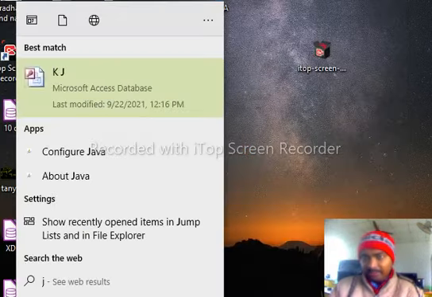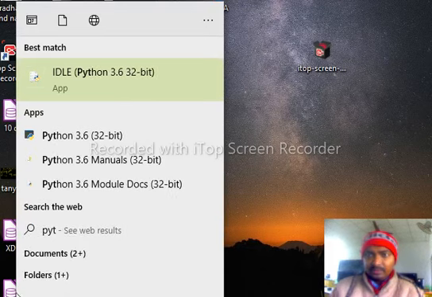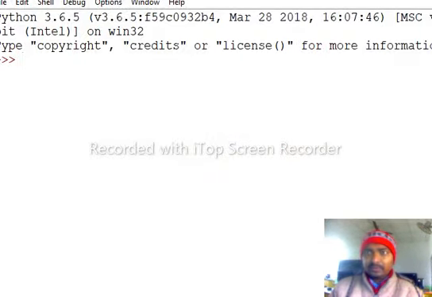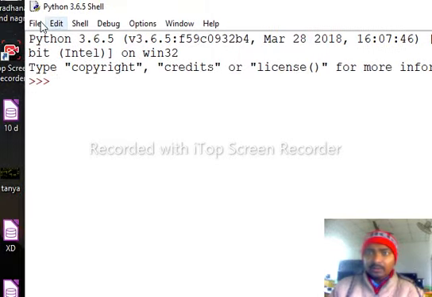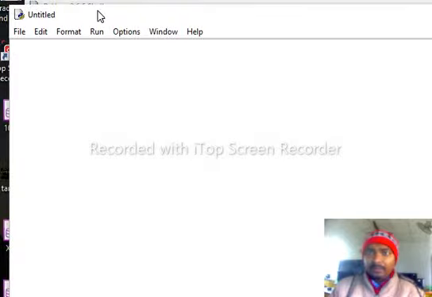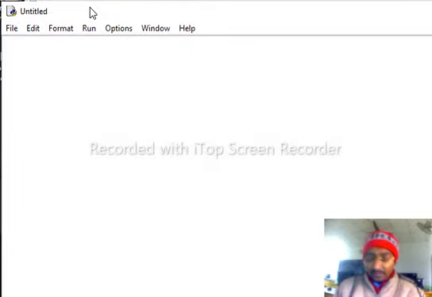Some problem is there, doesn't matter. File, New, type the program here: t assign values 10, 20, 30, 40, 50.